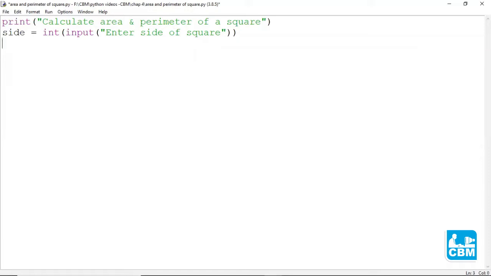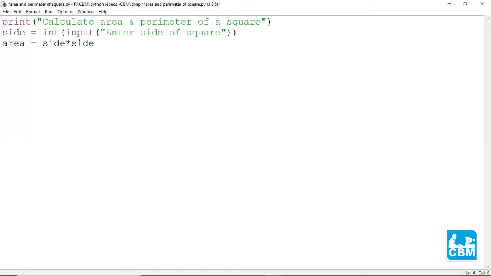In order to calculate the area of the square, we need to know the formula for the area of square. So the formula for the area of square is area is equal to side square. So let's define the variable area is equal to side into side, which is nothing but the square of the side of the square.